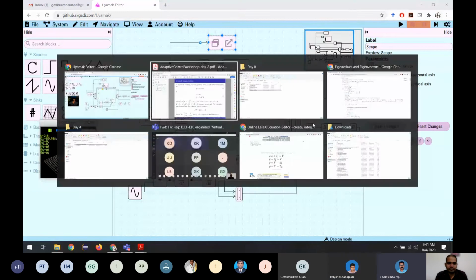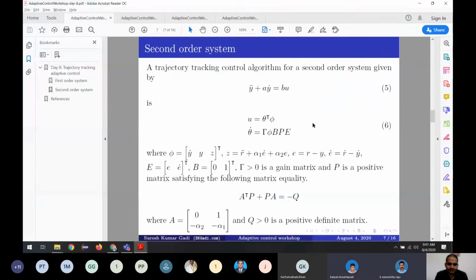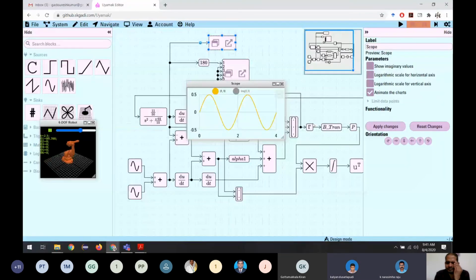I have a doubt. Generally, for time domain analysis, the test signals that we use are step signal or ramp signal. That's what we use, right? Yes, sir. Why are we actually going for a sinusoidal signal in robotics? Is there any specific reason? Because I think this is not a frequency domain kind of analysis. I think we are doing it in the time domain itself. Yes, sir, we are doing it in the time domain itself.